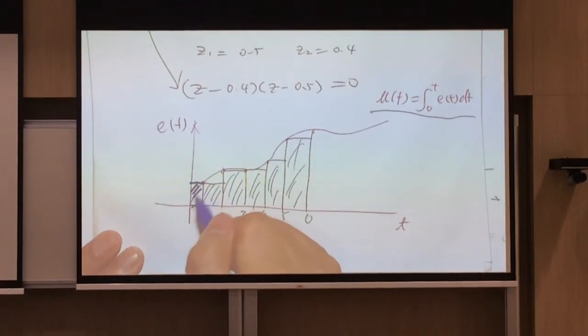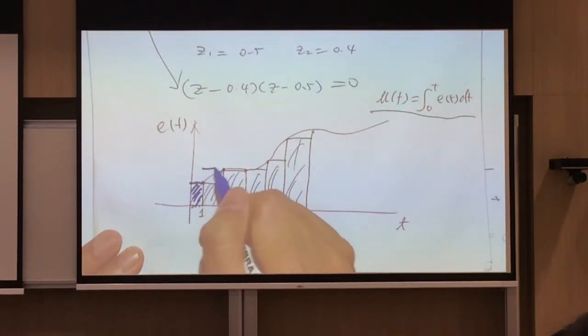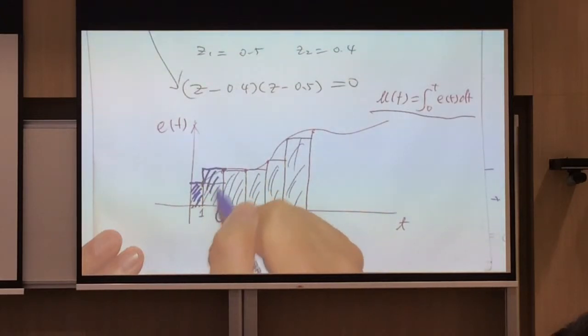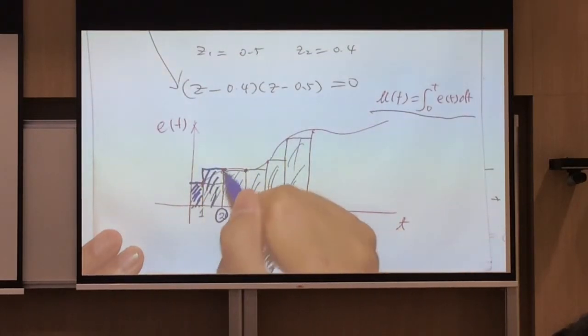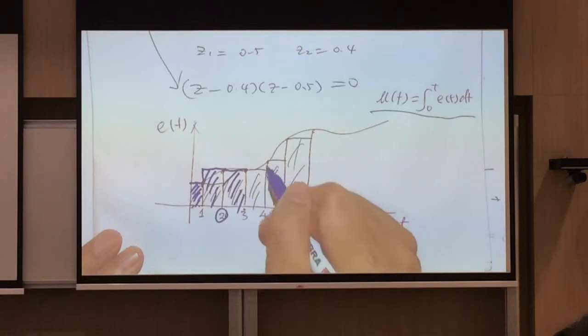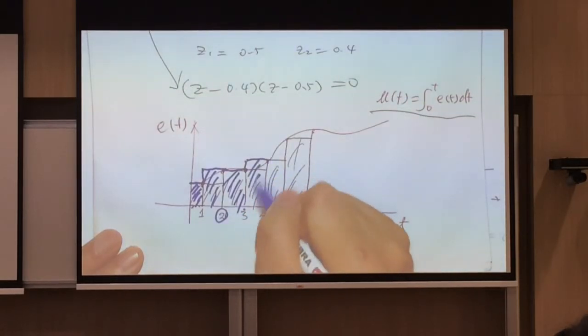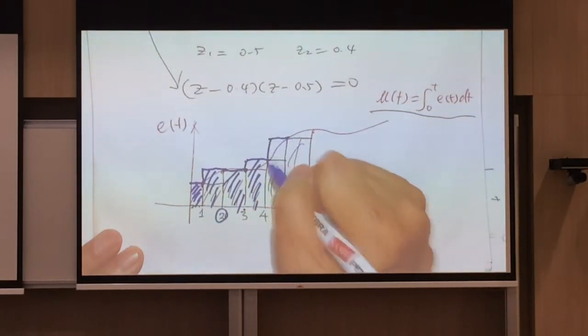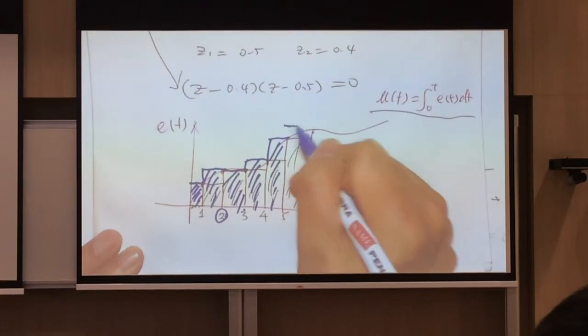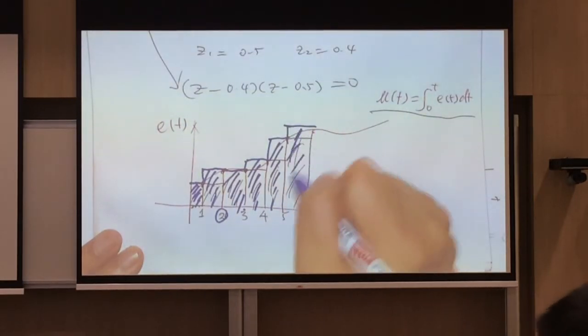So I'm going to take this one. When I'm at time 2, I'm going to take this one backward. When I'm at time 3, I take this one backward. When I'm at time 4, I take this one backward. When I'm at time 5, I take this one backward. When I'm at time 6, and